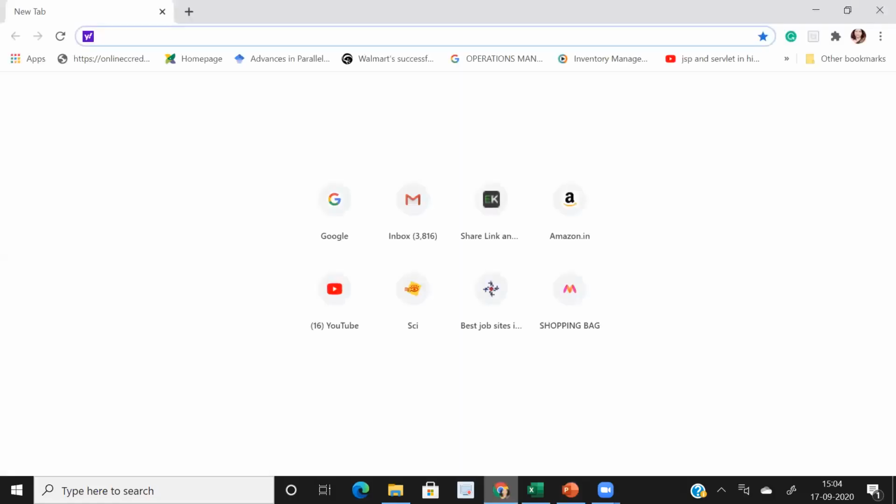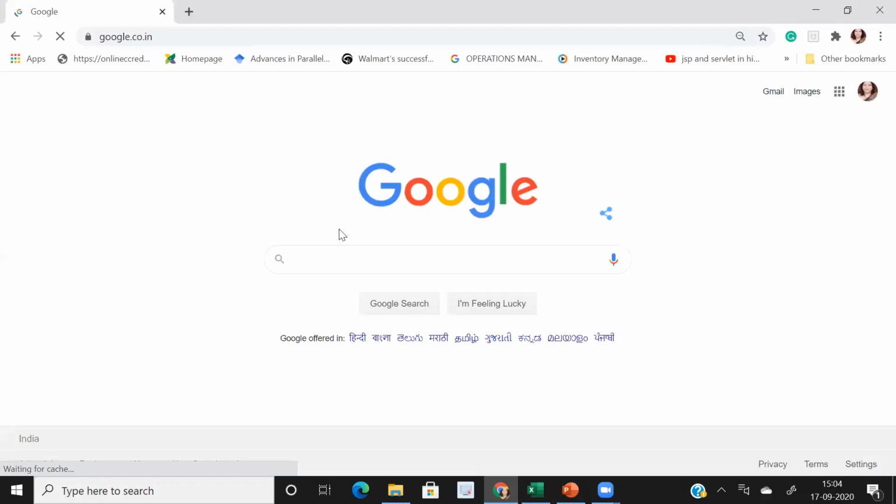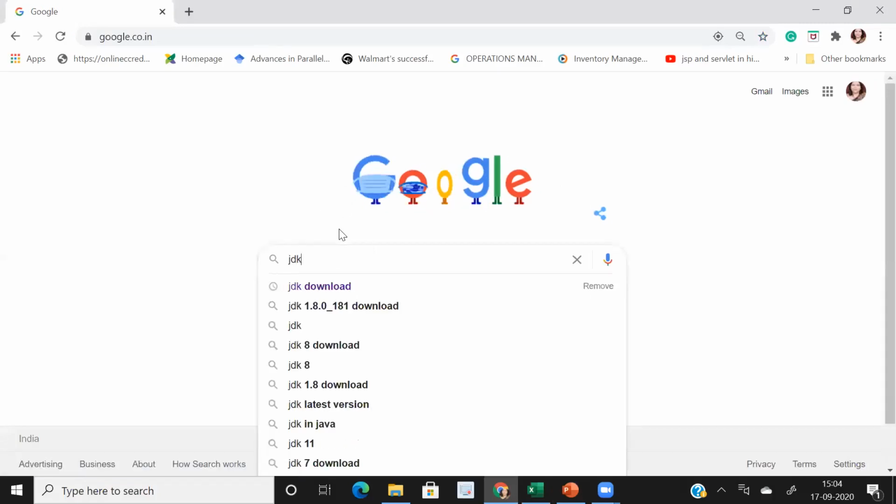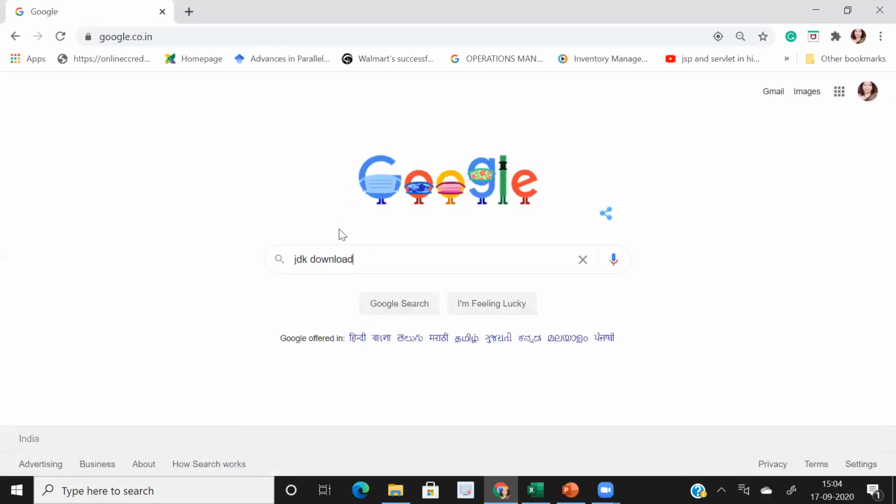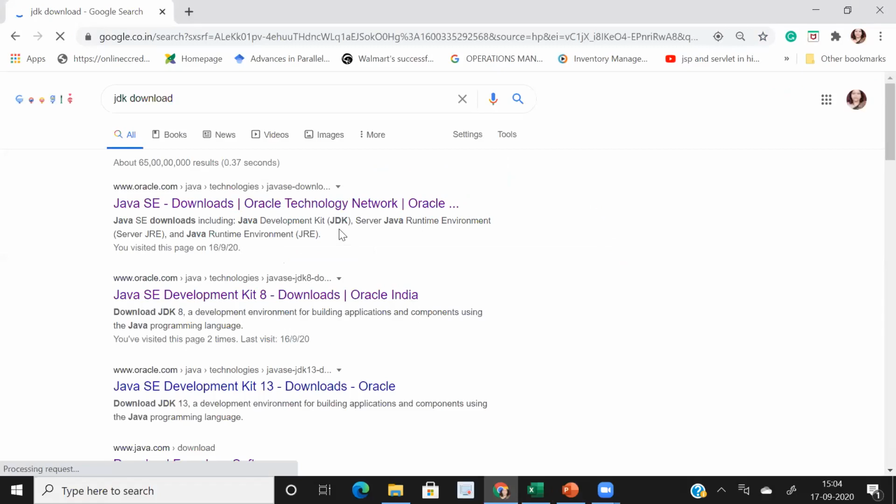How will you do it? You have to go to Google Chrome. Now type JDK download. This is the first link which you have to use.